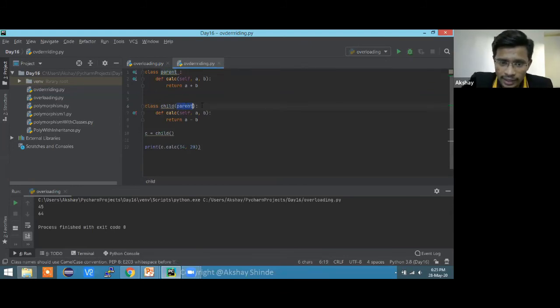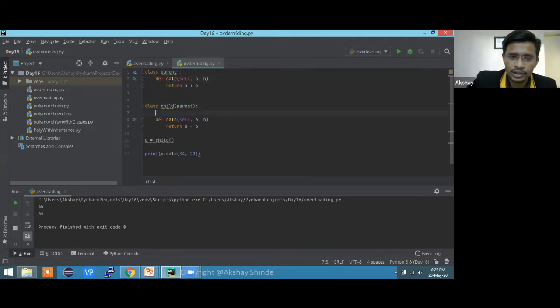It means as soon as I wrote this line, I have this calci function inside it, so inside this class I can access calci. But I don't want to do the calculation that was done in my parent class. In the parent class the function gave me the addition, but I don't want that here in the child. I want to do something else.